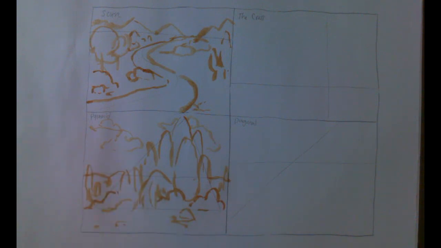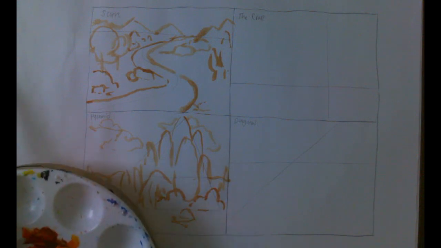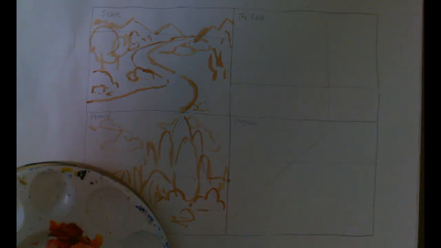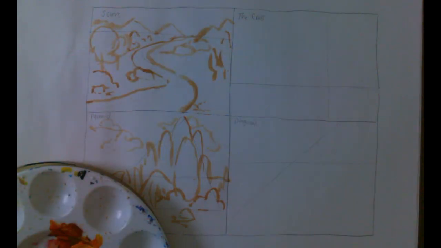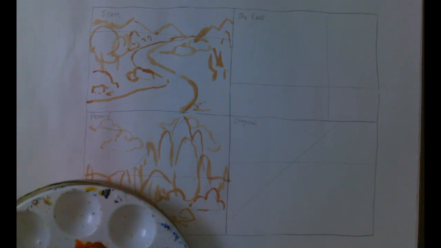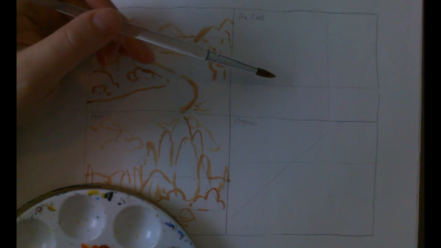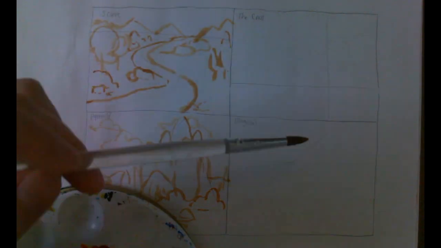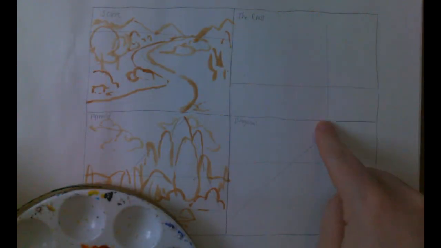Notice as I'm painting, my paint is super thin. You can see the white of the paper through it. That's the goal. It shouldn't be very thick at all. So if you're working with pretty thick paint, make sure to clean your brush, add a bit of water, and definitely water down that paint. So it's just a thin glaze. That's our objective here. Okay, so the cross, we've got our horizon line, we've got a vertical,